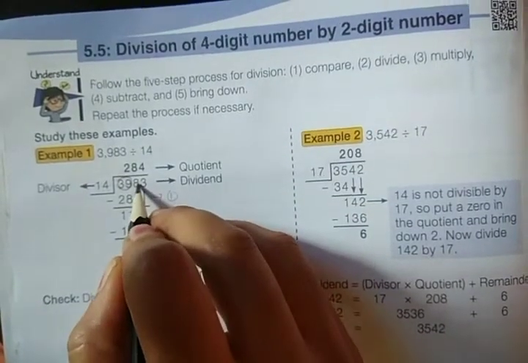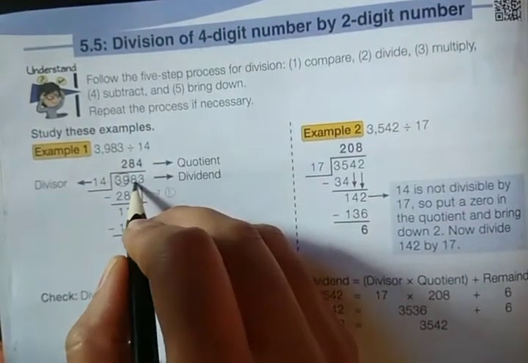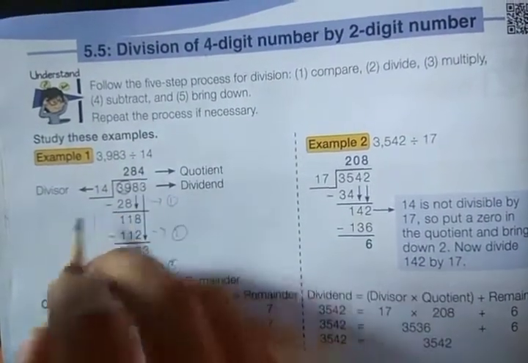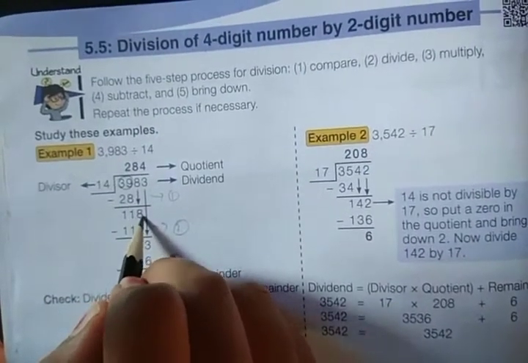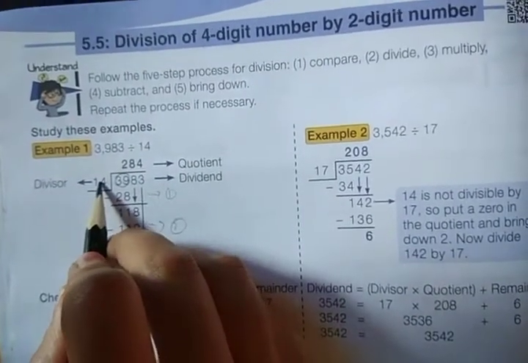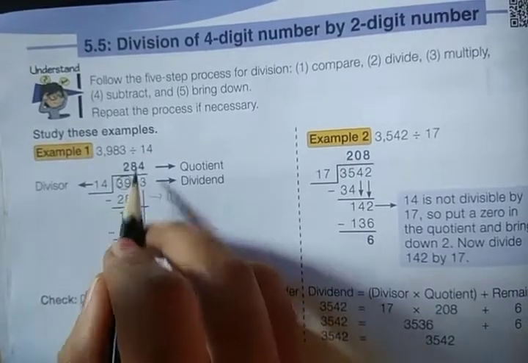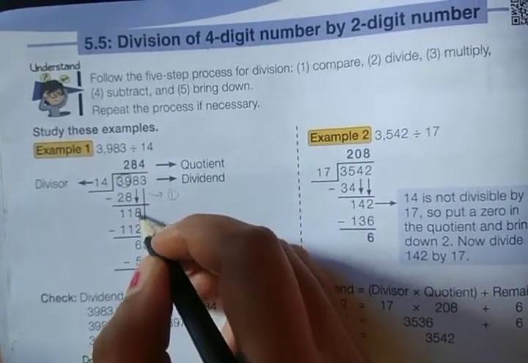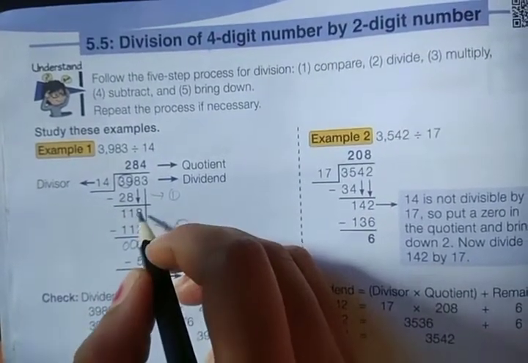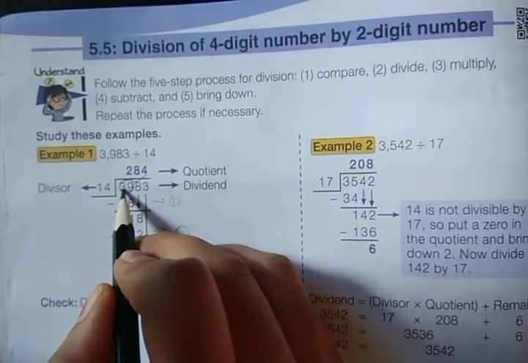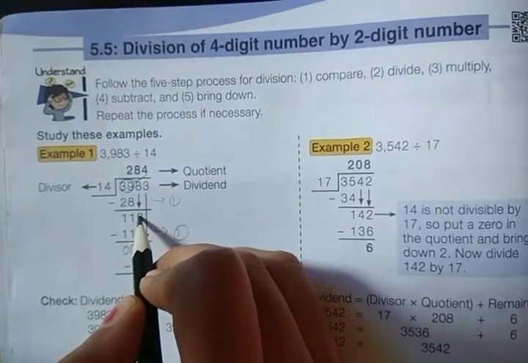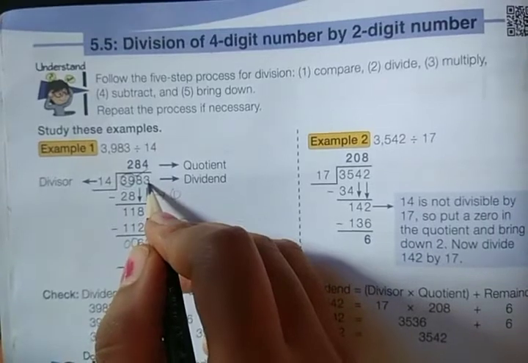Here we need to take one number at a time. The next number is 8, so we need to take this 8 down and start seeing in the 14 table whether 118 is there or not. 118 is not there, so smaller than that is 112, that is 14 8s are 112. Take 14 8s are 112, then subtract the numbers. 8 minus 2 is 6, 1 minus 0 is 1, 1 minus 1 is 0, then again 1 minus 1 is 0. Now we have finished with this 8 also. In the first step we finished with this 39, and in the next step we took 8 and divided the numbers, and then the last number remaining is 3 here.